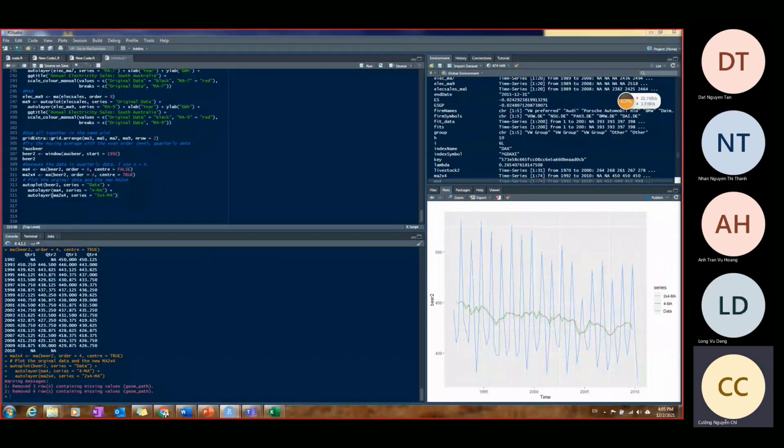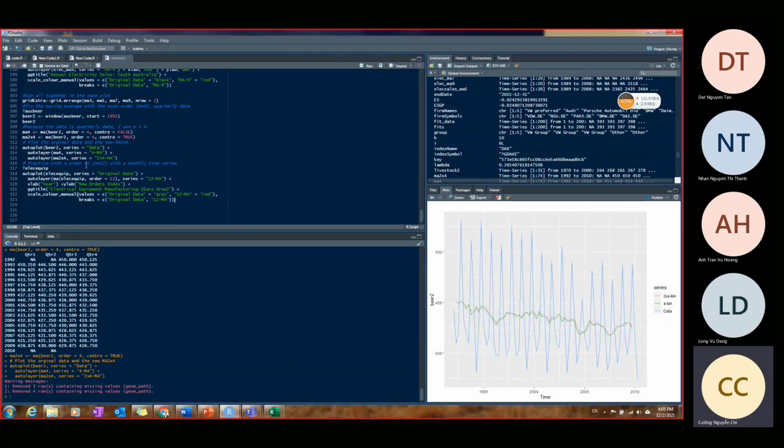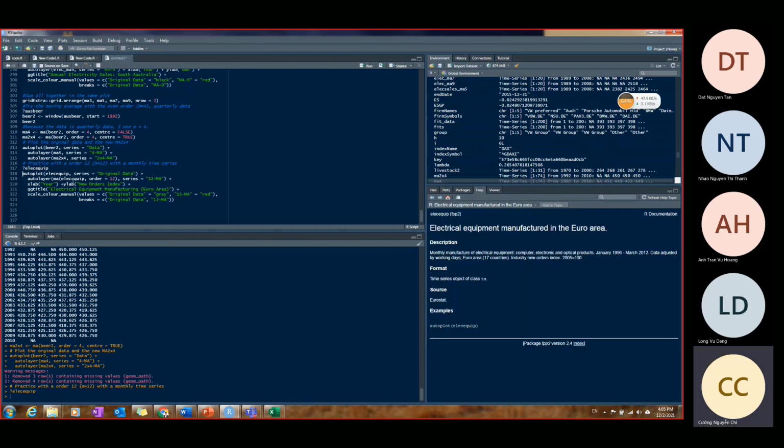Over here I have the practical about the order of 12, that means the monthly time series. For this we have the monthly data, 1 year we have 12 months, with the electric equipment. And if you run it for the MA of the electric equipment